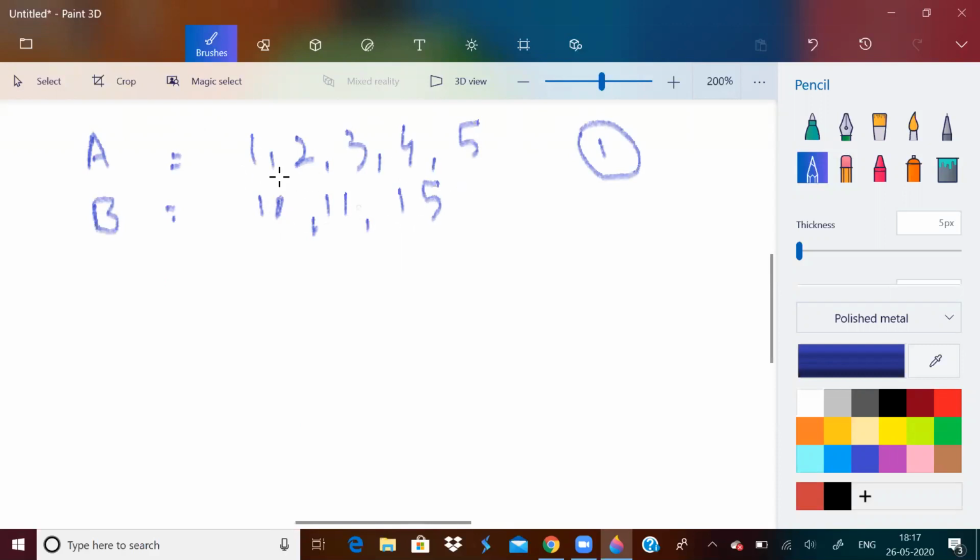I found the maximum element in array B. In this case, it is 15. After doing that, what did I do? I printed the index of the minimum element of array A with all the indices of array B. You can easily see the sum will be distinct only. 1 plus 10 is 11, 1 plus 11 is 12, 1 plus 15 is 16, all are distinct.